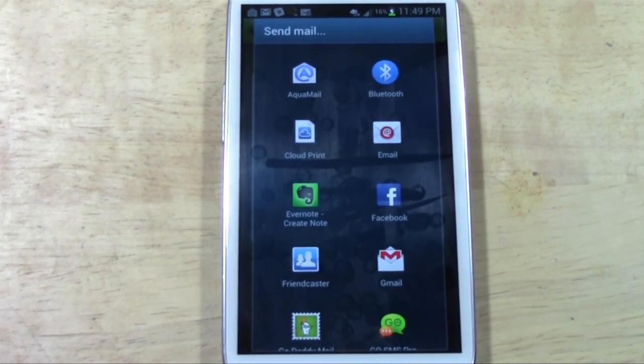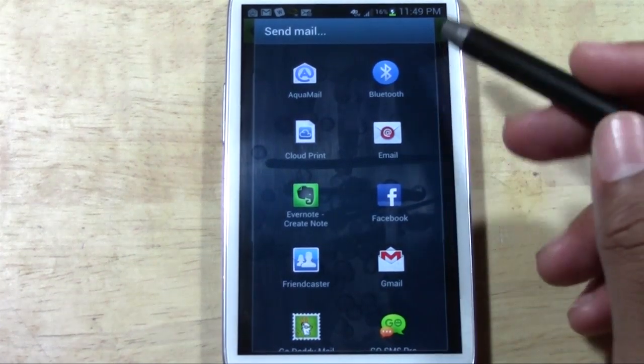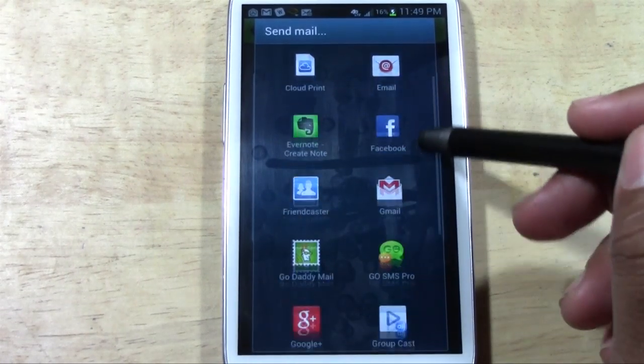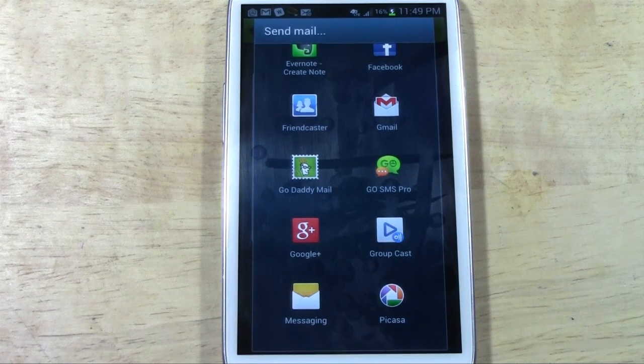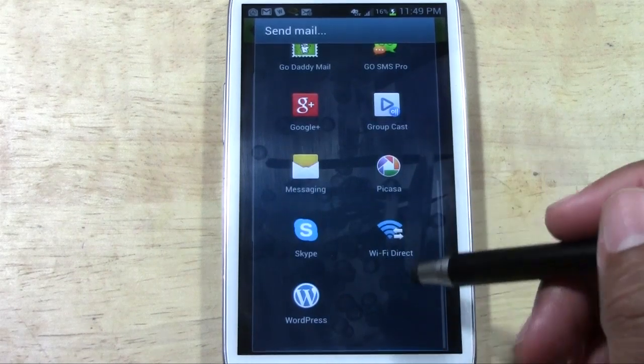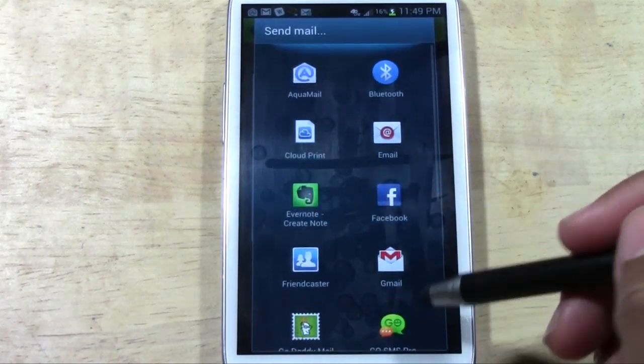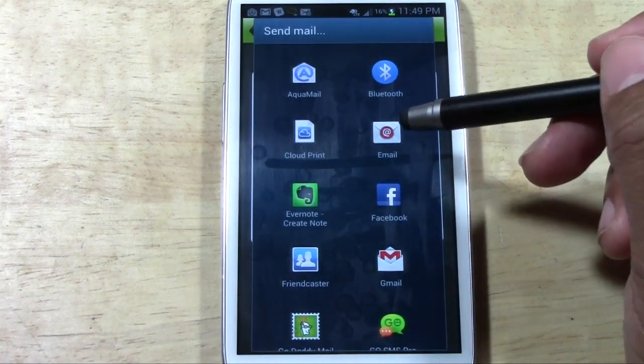Okay. Now when you get to the end, the app will prompt you to go to one of your email applications, so that it will take the document, put it in an email, and prepare it to be sent off. And let me see if we can do that real quick. So, email,